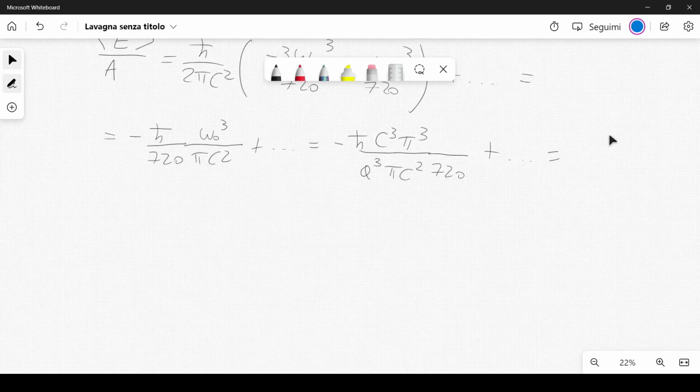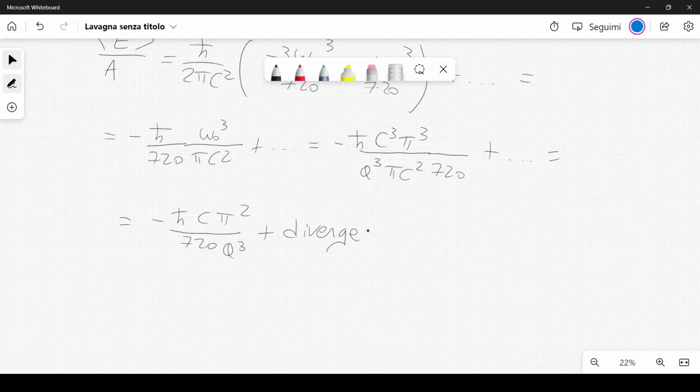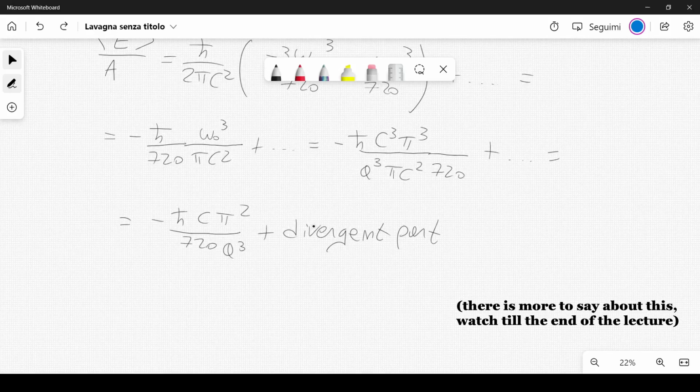And then finally, this is just a simple calculation. You get minus h bar c pi squared divided by 720 a cubed plus some other terms. So here you have a divergent part in particular, and we want to say something more about this divergent part. We will see that this divergent part will not be dependent on A. And it's important to highlight that the divergent part will not depend on A, because now we can calculate the